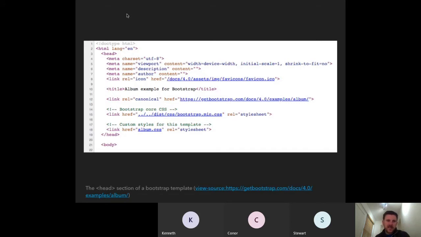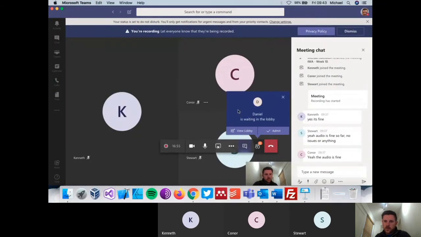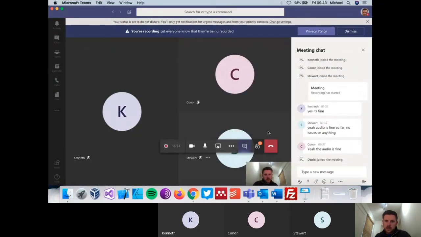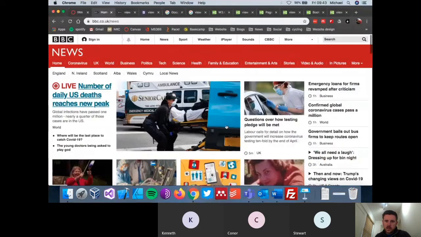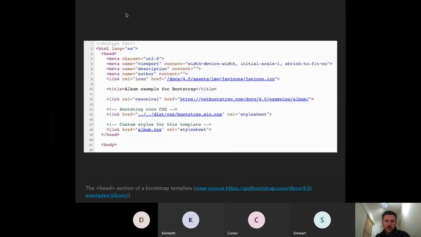As you can see, we've got our metadata at the top. We're defining our viewport, and we are naming the author. So our metadata is all there, and then we've got just a link line in line 8 for our favicon, our title, and our